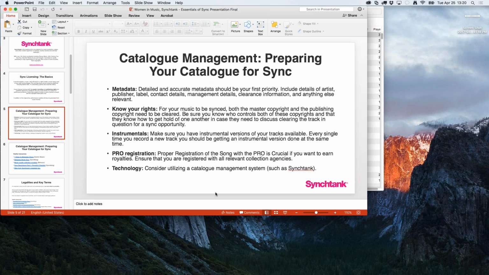So, knowing your rights. This is super important. You need to know what you have the ability to pitch and where there might be snags, or approvals that you need to get from other people that participate in ownership of either of the two assets that we spoke about. You definitely want to make sure that if there are other parties involved, you keep, let me just open this back up here, pardon me,